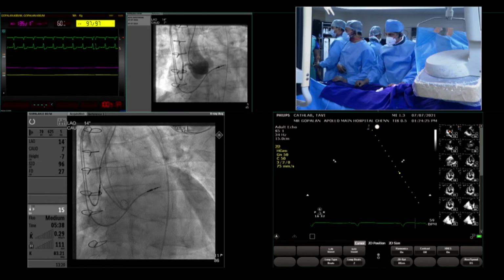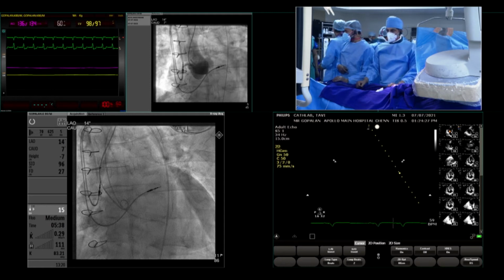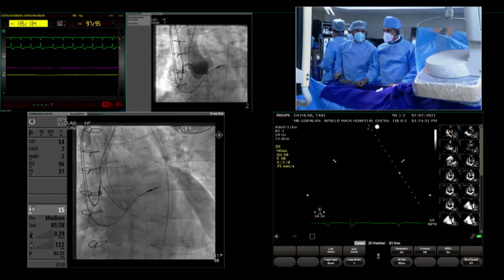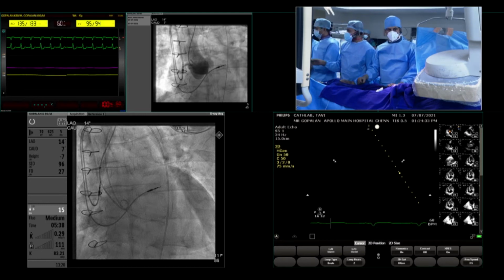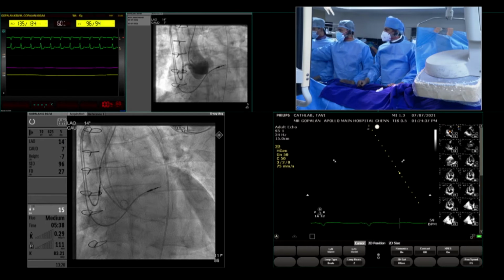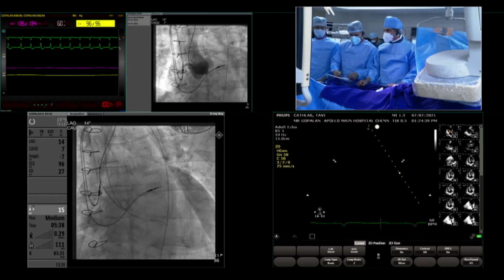So we are trying to minimize the steps to the minimum so that we go direct with the stiff wire, and we just have the echo as a good hemodynamic measurement. So we don't measure it again, which we routinely don't do.